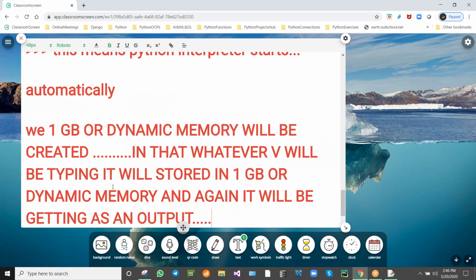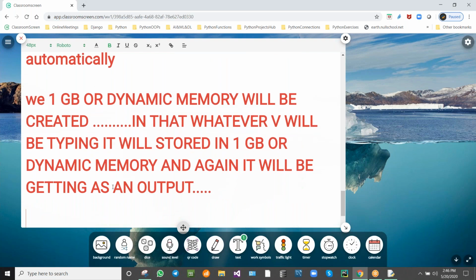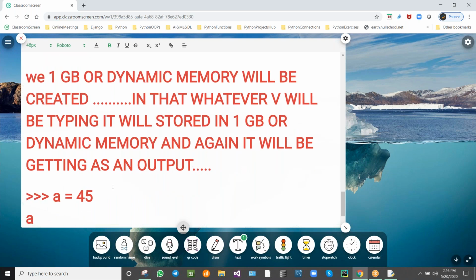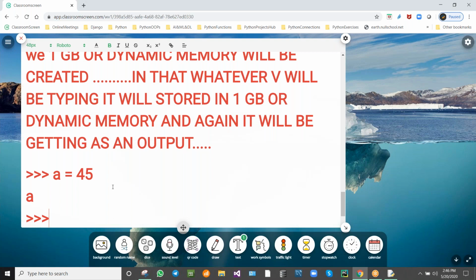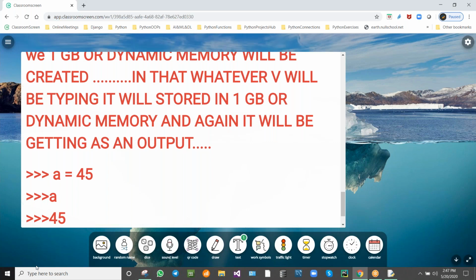We have seen that, isn't it? Whatever we are typing, for example, A is equal to some value. If you type a, we'll get the value like this, A 45. We have done that. I will show you again if you want.